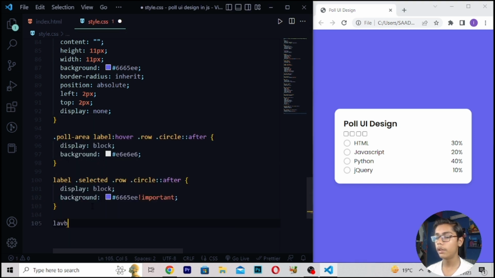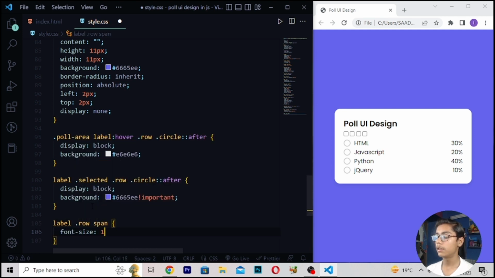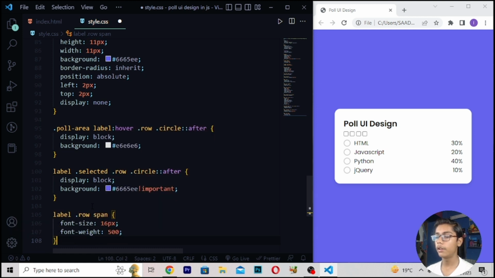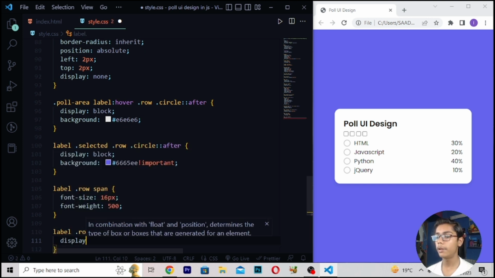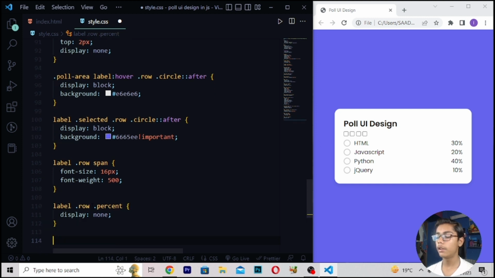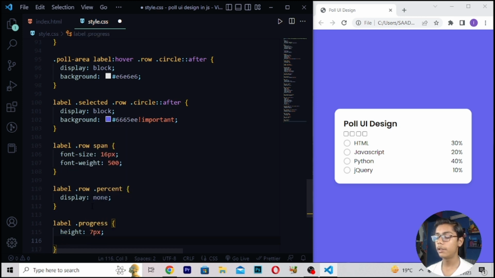Here I will be writing label, then right here the row span tag, right here font-size, which should be 16 pixel, right here font-weight, which should be 500. Now move down. After moving down, you have to write here label, right here .row .percent, right here display: none. Then right here label .progress, and right here height, which should be 7 pixel, right here width